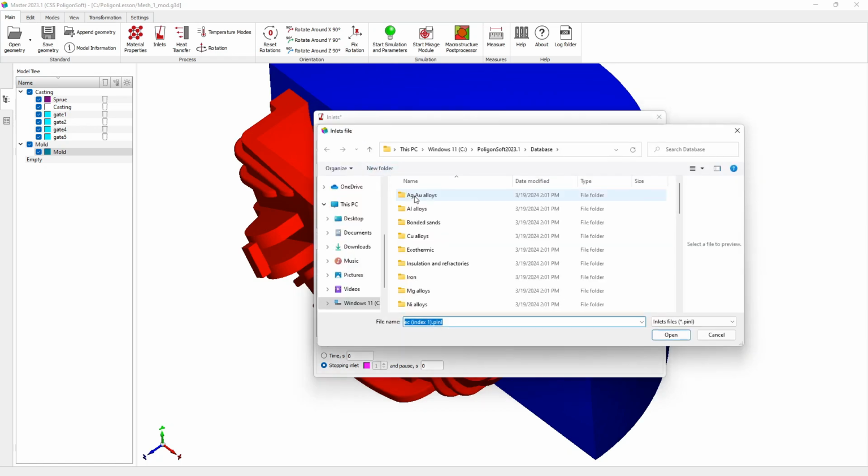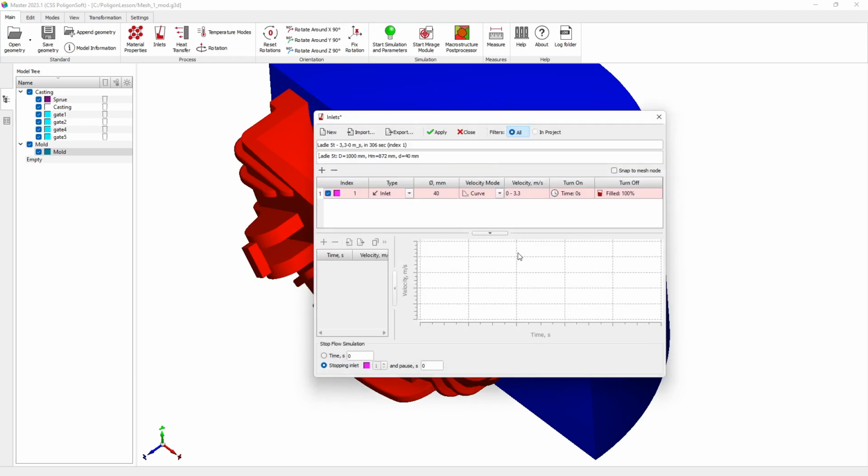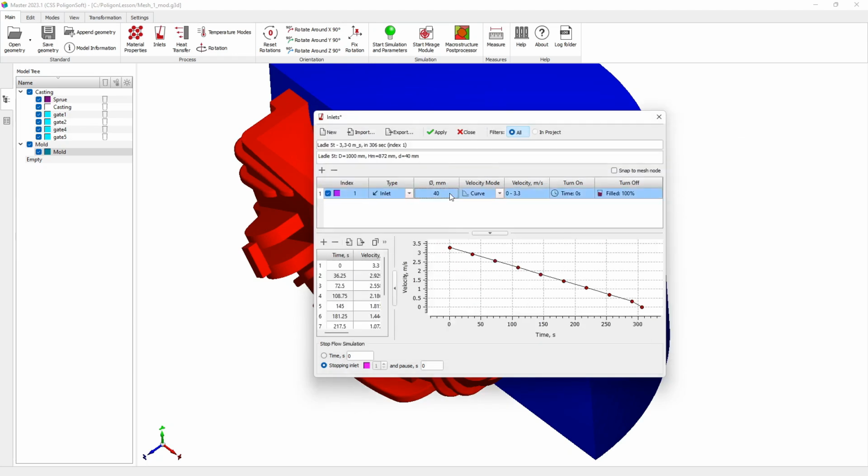For example, let's load one of the templates. We see that instead of a constant value, we have obtained a function that describes the dependence of flow velocity on time. If necessary, you can create your own function with the characteristics of the specific ladle and then save this data as a template for future use. To keep the lesson simple, let's use a tilting ladle with a constant flow velocity of 1.5 meters per second. I remove the loaded template,